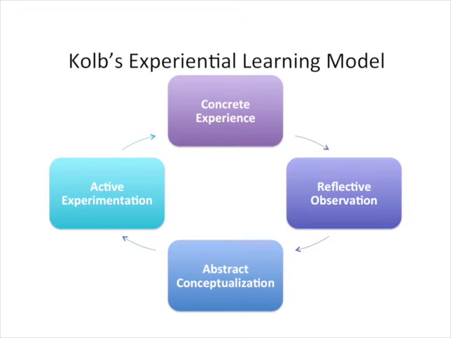Of course, you instantly have sort of reflective observation from that. You sort of think about, wow, I touched a boiling pot of water and it hurts. And this is what it feels like to hurt. I have a feeling, an association of what it feels like when my hand or my finger is burned. After that reflective observation, you begin to make abstract conceptualizations, sort of theories about boiling pots of water. So if I touch something that is boiling, my theory is that I will get burned. So that happens internally. And then the next and fourth stage is to maybe actively experiment